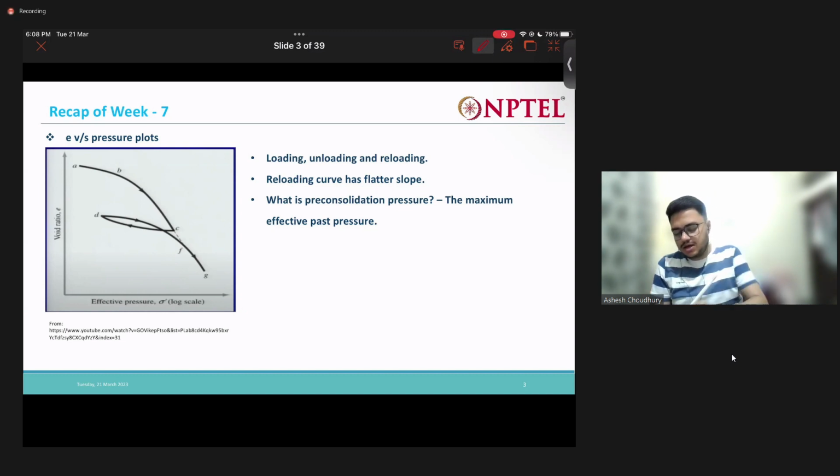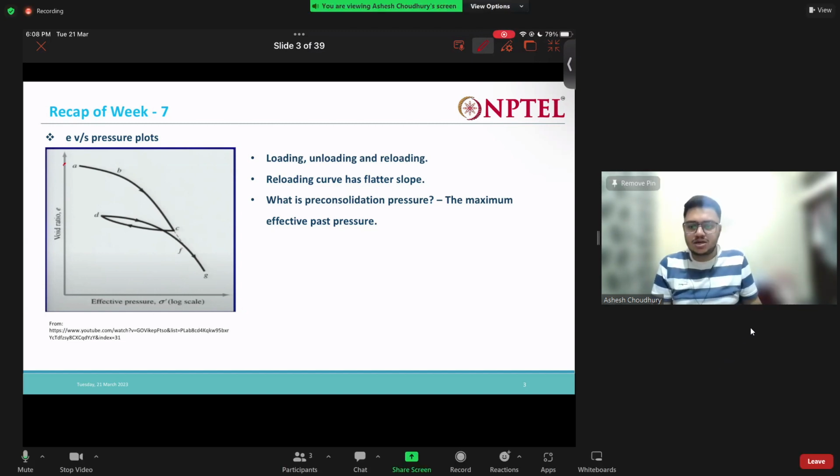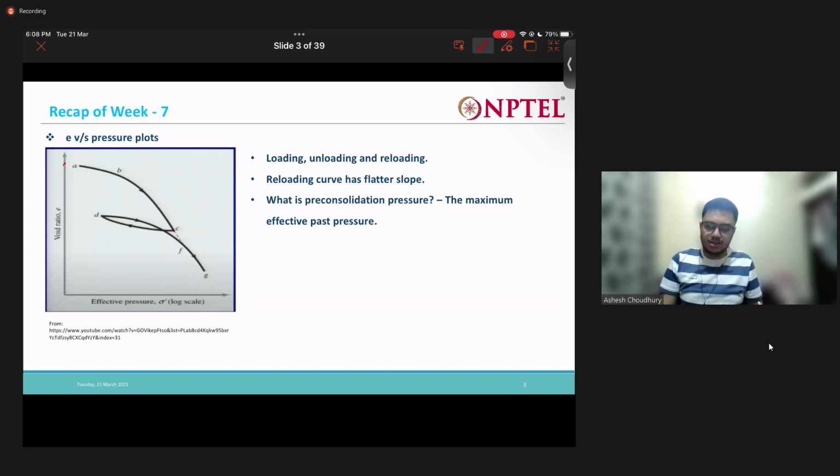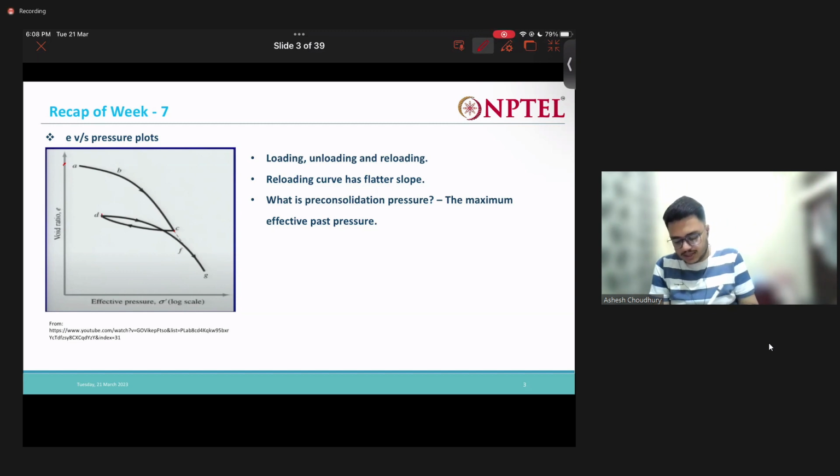So initially there was some void ratio. What happens is that we keep on increasing the effective pressure up to the point C. As we reach the point C, we unload the soil. We keep on reducing the pressure, up to this point. So you can see that initially at this effective pressure, there was a certain amount of